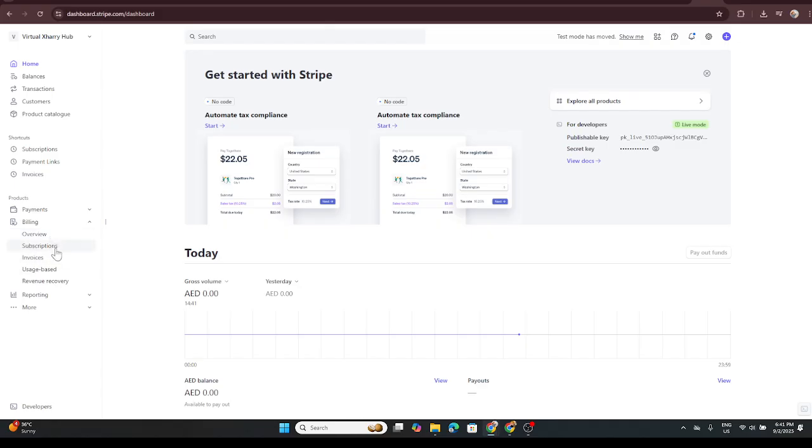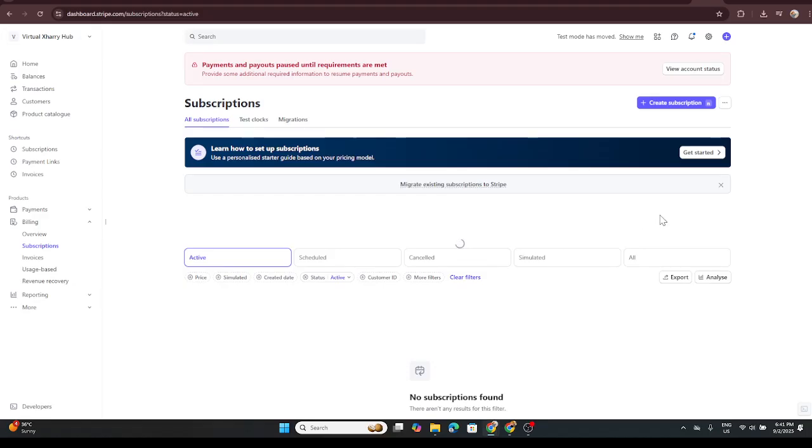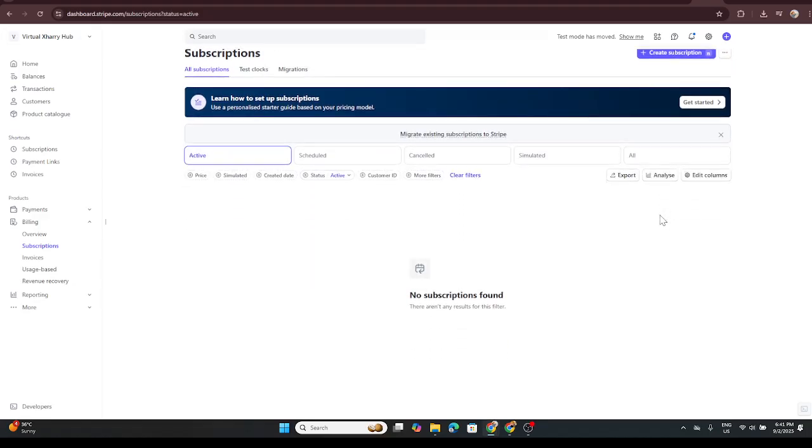Next, you'll want to find and click on Subscriptions. This option is crucial because it allows you to manage recurring payments and subscriptions for your customers. As your business grows, having a good handle on subscriptions is key to managing your cash flow effectively. Once you've clicked on that, you'll be able to see all of the subscriptions that have been set up as